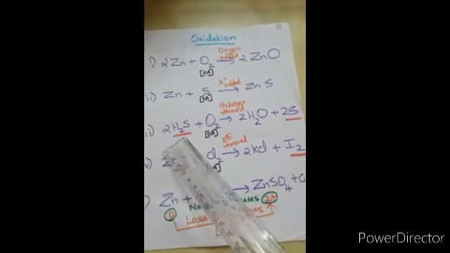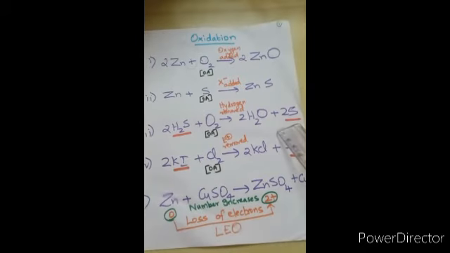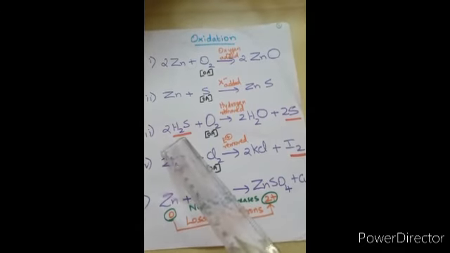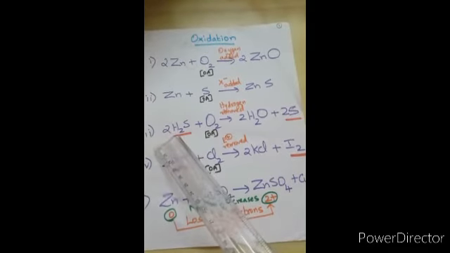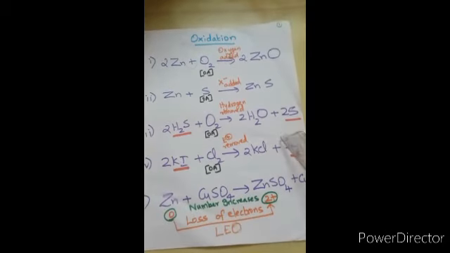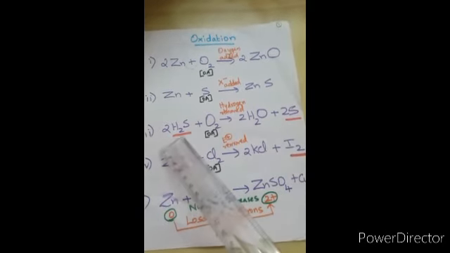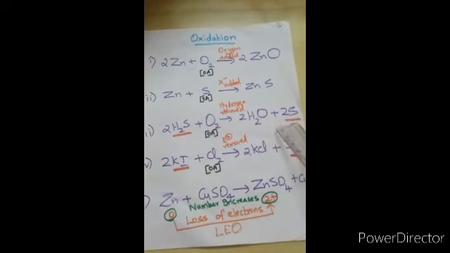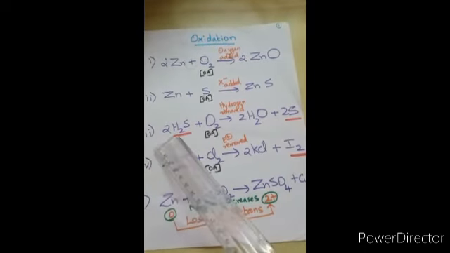Now compare these two compounds, hydrogen sulfide in the reactant and sulfur in the product. Now what has happened to hydrogen sulfide? You can see that the hydrogen has been totally removed. Removal of hydrogen is also called as oxidation. I can say hydrogen sulfide is oxidized to sulfur. Hydrogen is an electropositive element.